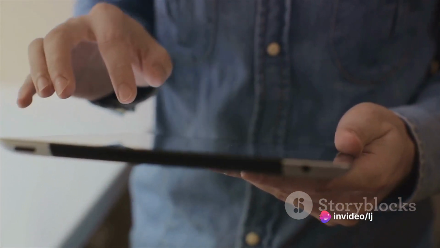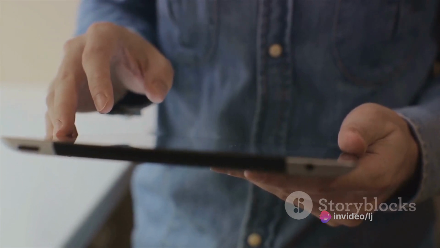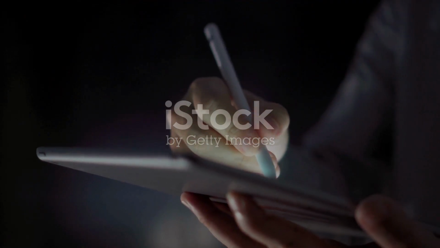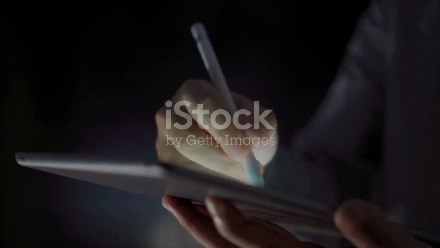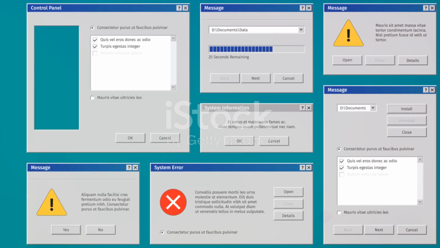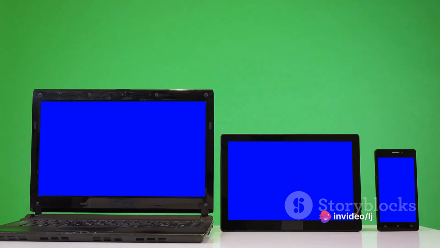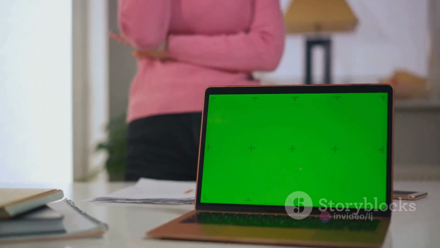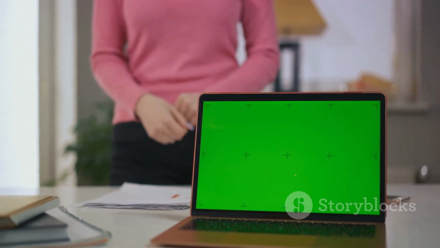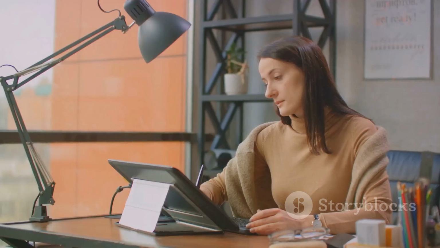The lessons learned influenced the design of Windows 10, which offered a more familiar desktop experience while incorporating touch-friendly elements. In summary, Windows 8's downfall was due to a combination of radical interface changes, unnecessary complexities, and a misaligned focus. These factors led to a poor user experience, and ultimately, its failure.